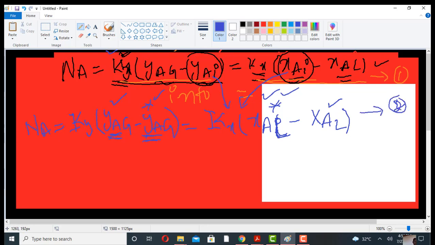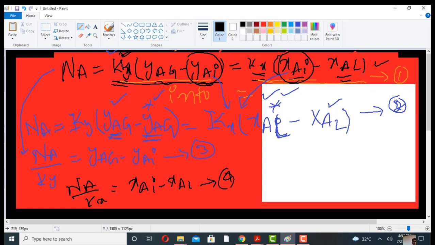Now equation 1. Now we will obtain other equations from equation number 1. Suppose NA by Ky is equal to YAG minus YAI, suppose equation number 3. Similarly, NA by Kx is equal to XAI minus XAL, equation number 4. Similarly, from equation number 2, we can also obtain other equations like